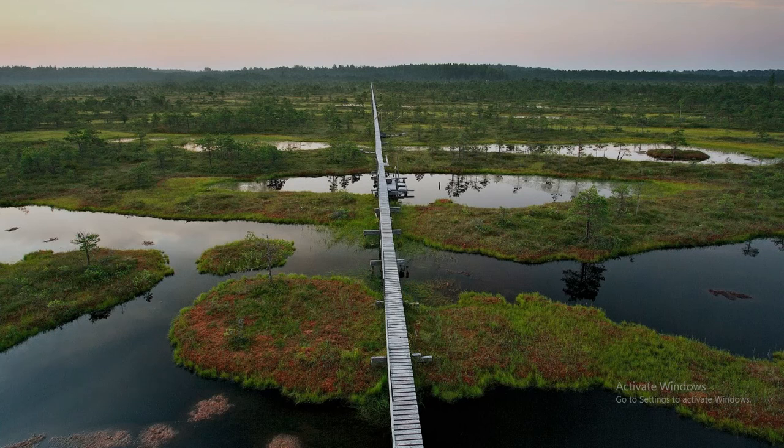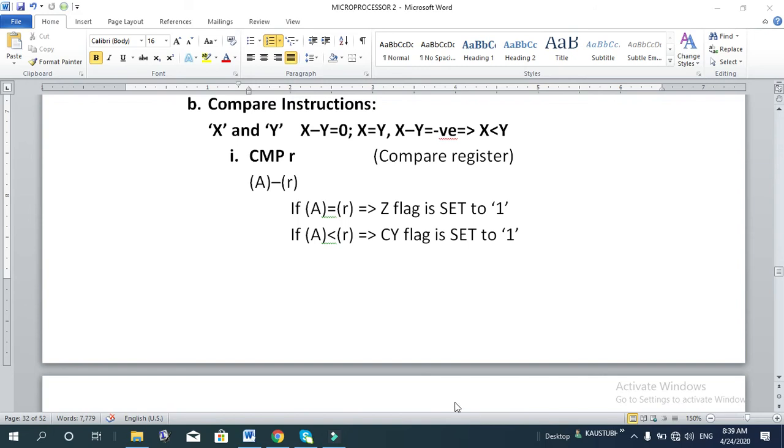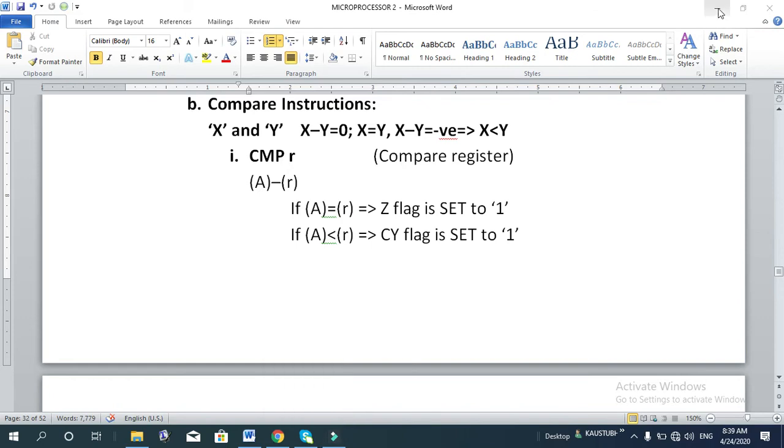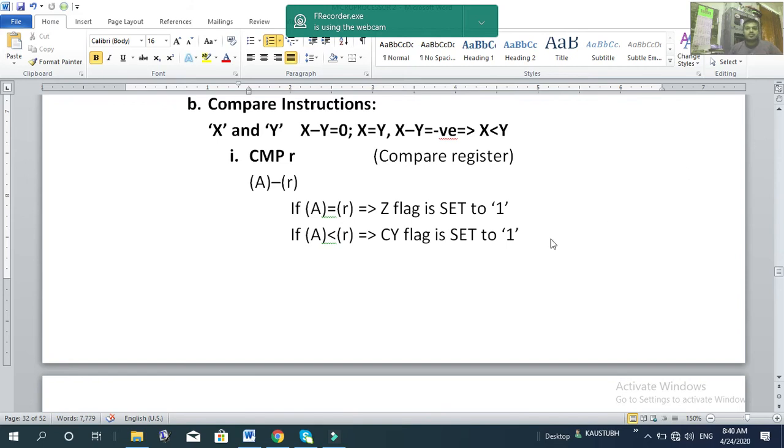Now if the result is negative, then x is less than y. If x is less than y, then it affects the borrow, that means the carry flag will be set to 1. So after the execution of these instructions, we will look into the Z flag and the carry flag. If the Z flag is set to 1, that means both the data are equal. If the carry flag is set to 1, that means the content of the accumulator is less than the content of